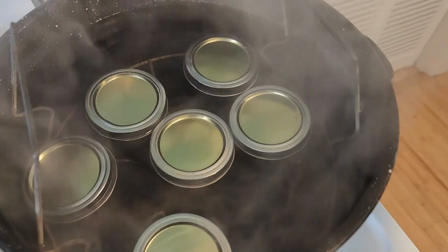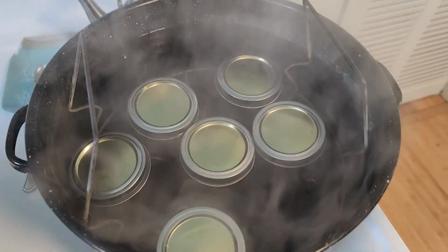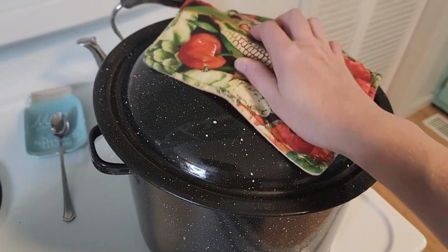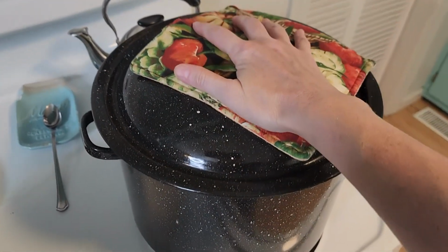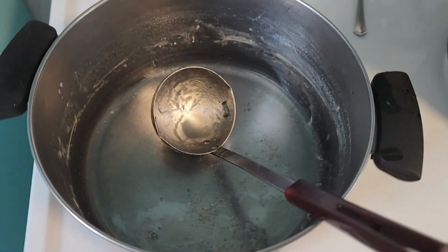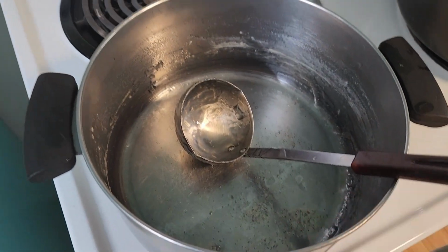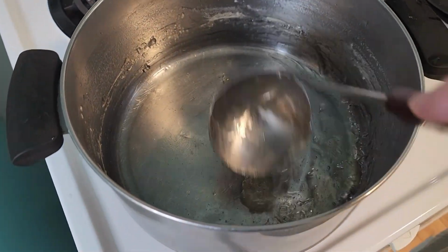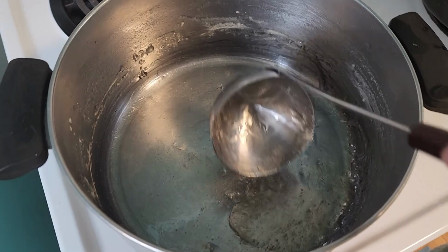And I am so excited. I got 6 jars of this jelly. Now we're just gonna put the lid on this, bring it to a true boil, and process that for 10 minutes. And by the way, I did try some of it because you can see I still have a little bit left in the pan that's just gonna be scraped up and put in my refrigerator. But it is